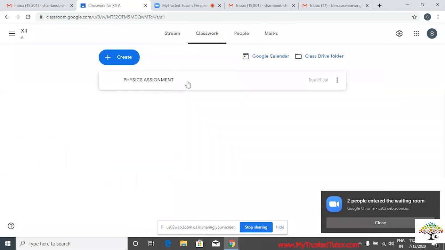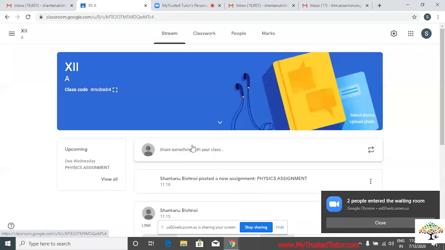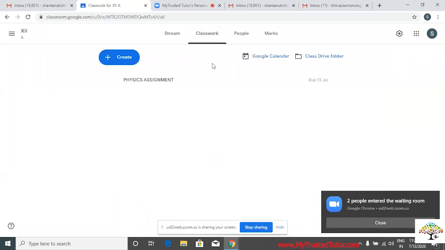This is the physics assignment I added in the classwork, and when I go back to the stream, you can see that Shantanu Bishnoi has posted a new assignment, a physics assignment. So whatever we post in our class, the students, our colleagues, can easily see. I think this is clear.